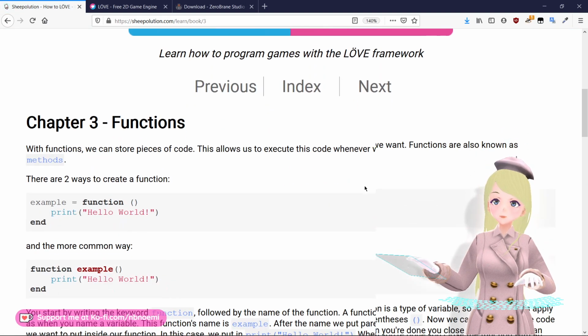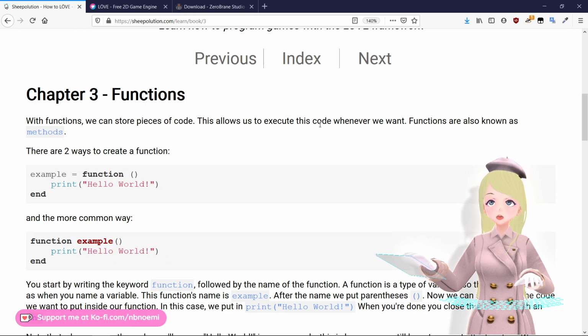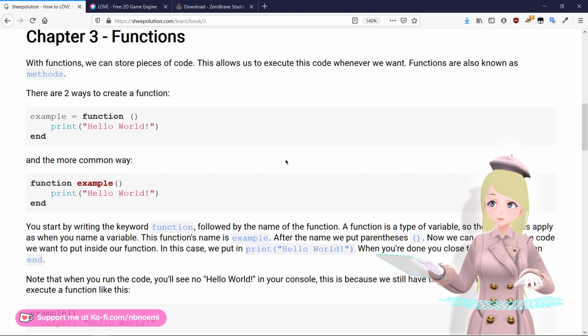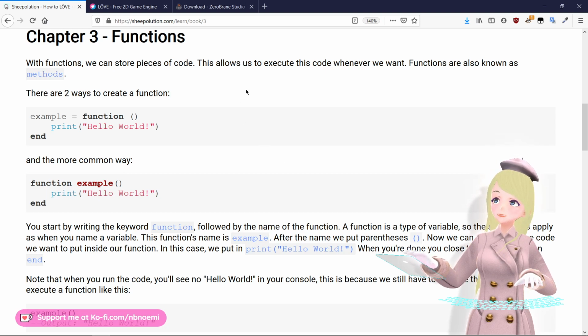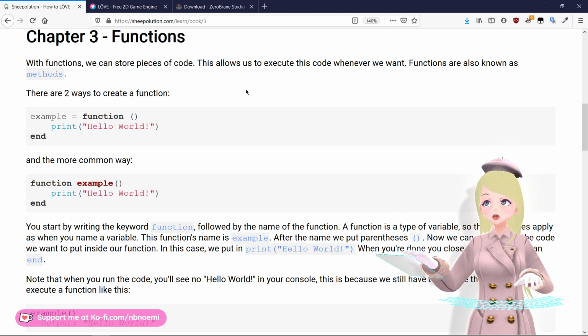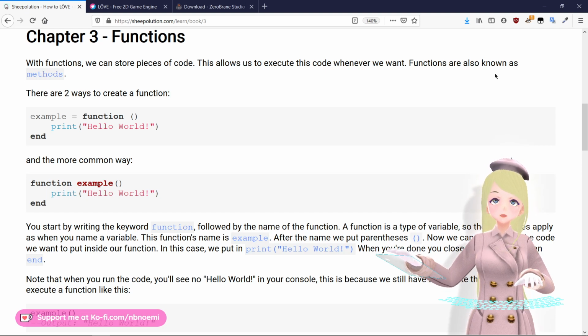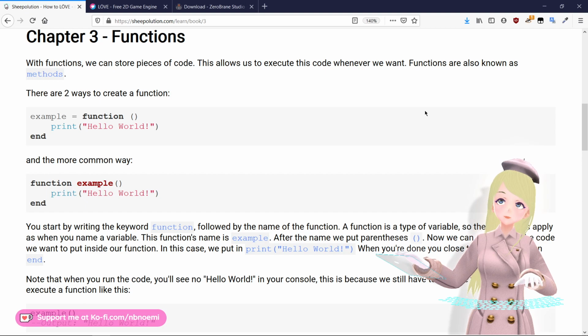Okay, so next we're going to go over functions. So, with functions, we can store pieces of code. This allows us to execute this code whenever we want. Functions are also known as methods. I will say to clarify,